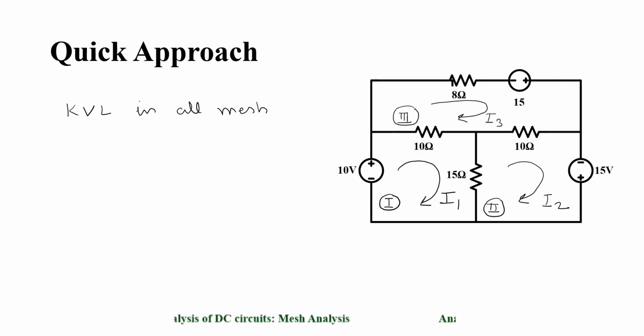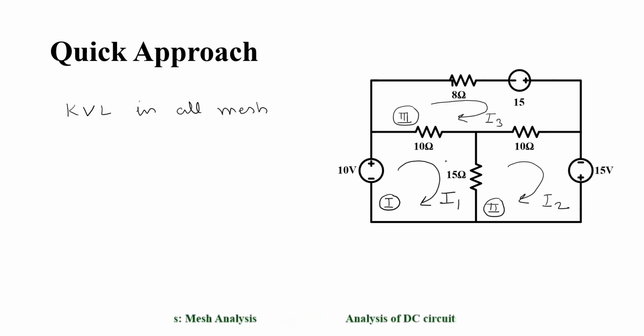So if I write down the KVL for mesh 1, then I'll get the first simultaneous equation. Since the current I1 is flowing in this mesh, the coefficient of I1 will always be positive. Note please, the coefficient of I1 will always be positive. If I write down the KVL for mesh 2, the coefficient of I2 will always be positive. Likewise, for mesh 3, the coefficient of I3 will be positive. So what will be the value of the coefficients?